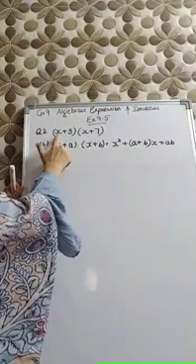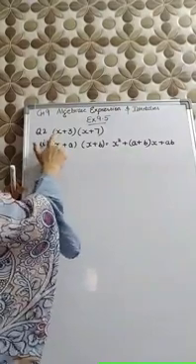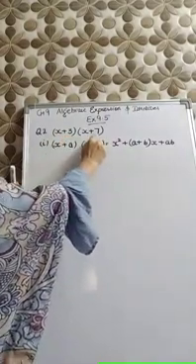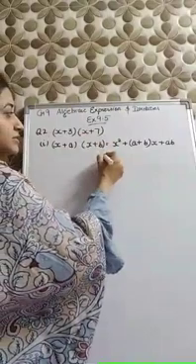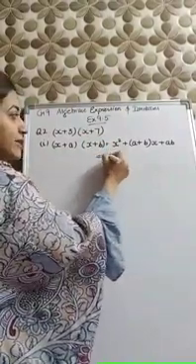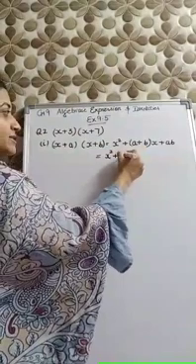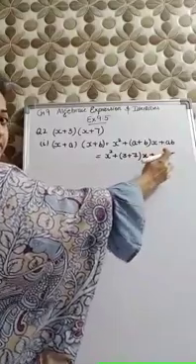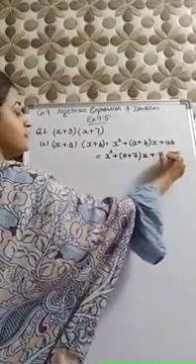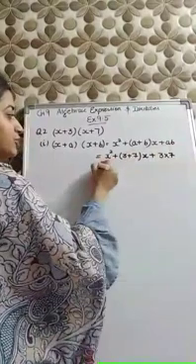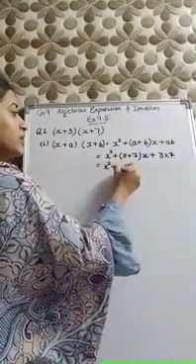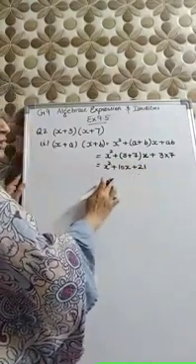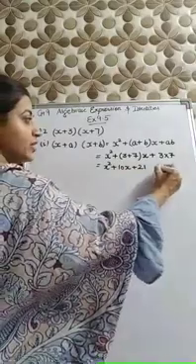Now let's compare this identity with the question. Value of x is x, value of a is 3, value of b is 7. So let's find the answer. The value of x is x, the value of a is 3, value of b is 7, and a into b is 3 into 7. So now solve this. This is x² + 10x + 21. This can't be solved further because these are unlike terms. So this is your answer.